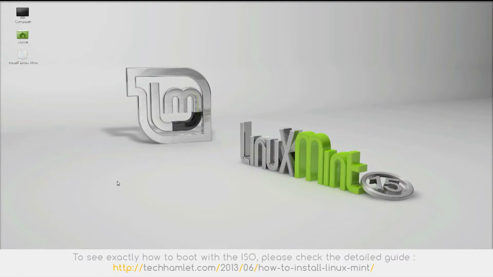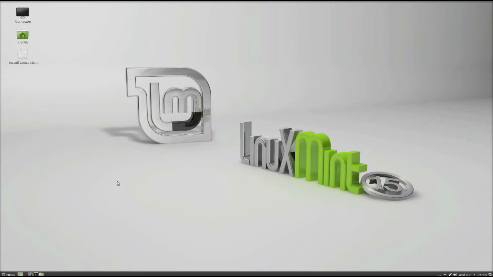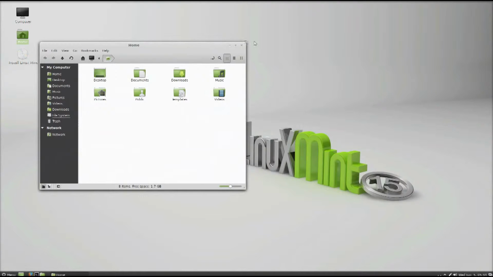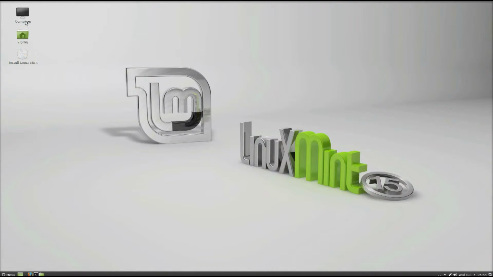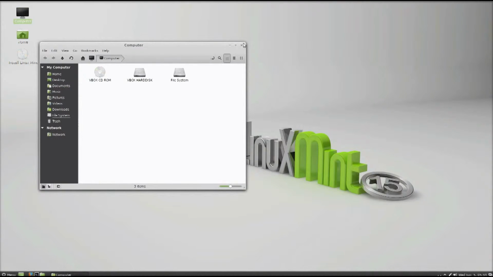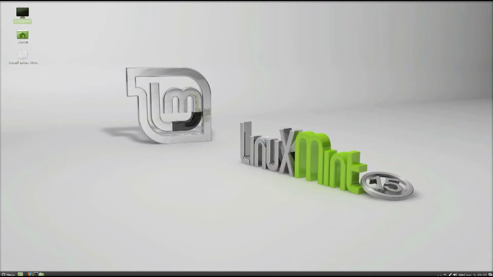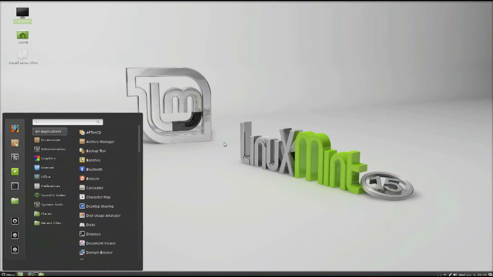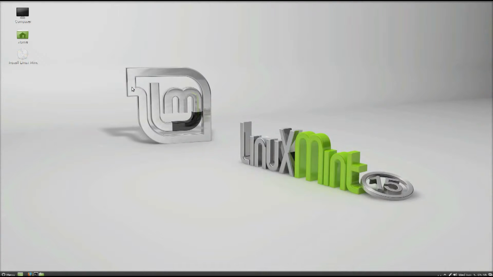Now, Linux Mint doesn't want you to install a distribution without testing it, without you knowing what you are going to install. So first it will take you to a live desktop which will allow you to explore the new OS before installing it. Now, if you are comfortable with Linux Mint, let's go ahead and install it. To begin the installation, click on Install Linux Mint